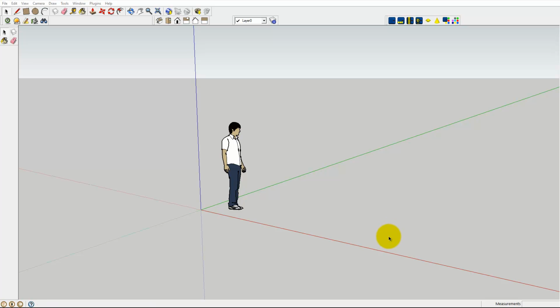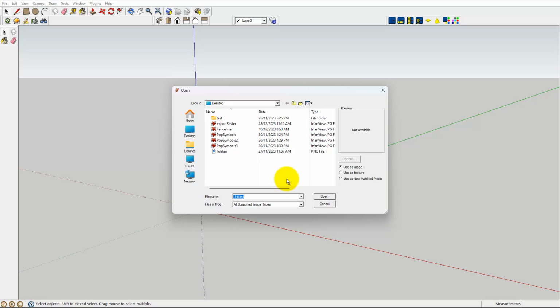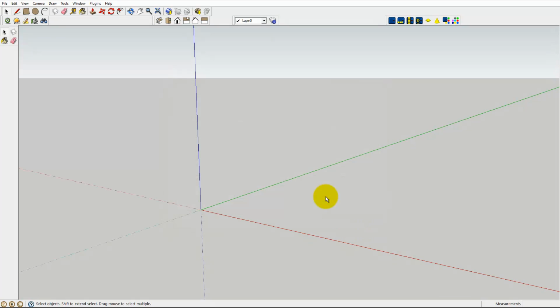Here we are in the SketchUp environment. Let's select this little icon and get rid of him. And he's gone. And now we should be able to go to File and Import. What we want is an image type. We've got one that we just generated called export raster, and we can bring it in and anchor it at